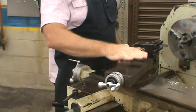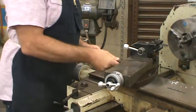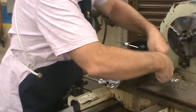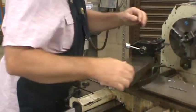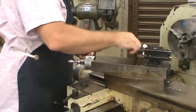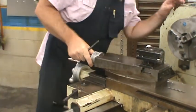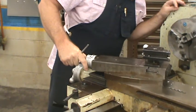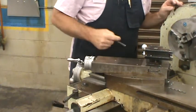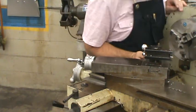I probably should move this compound rest back because I'm done with this. So I will go ahead and loosen these 2 bolts. Rotate this to where it is 0 and then come back 10, 20, between 29 and 30 degrees. Make sure both sides are tightened here